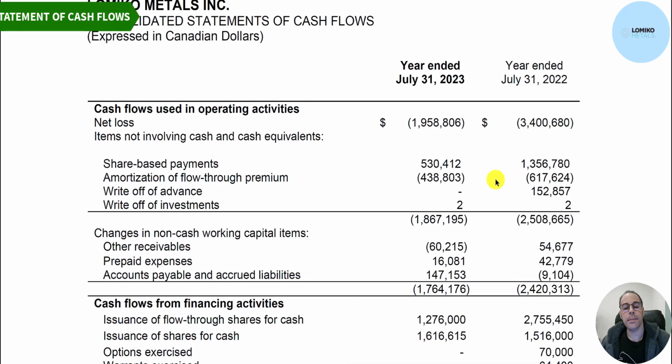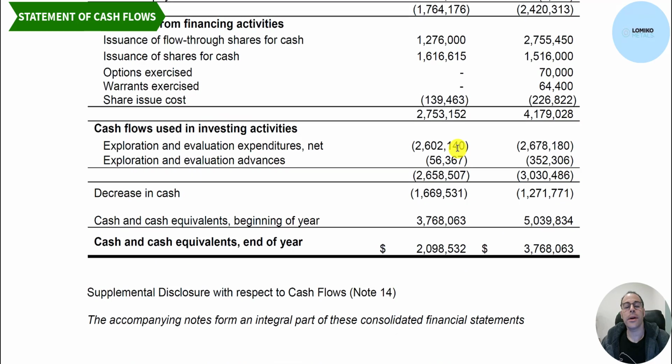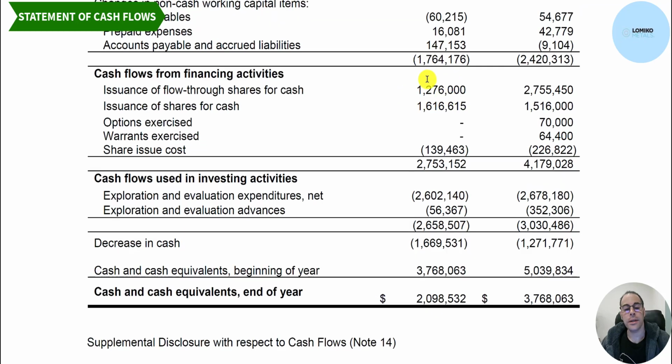Let's take a look at the statement of cash flows. They have negative 1.8 million of operating cash flow. Last year, negative 2.4 million. A lot of their expenses are in their investing section, 2.6 million of CapEx. These are investments in property, plant, and equipment. In their financing section, they raised 1.3 million from the issuance of flow-through shares and 1.6 million from the issuance